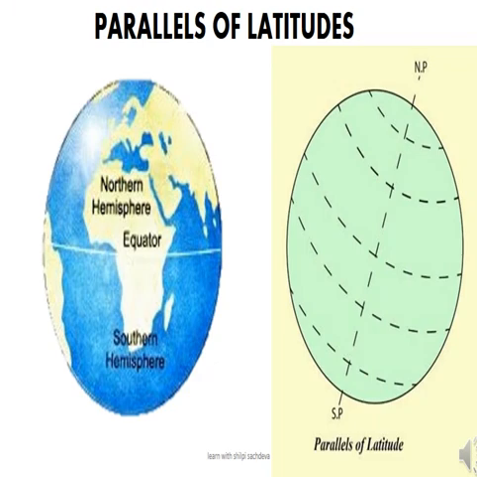The part of the Earth above the equator is northern hemisphere, and the part of the Earth below the equator is southern hemisphere. India lies in northern hemisphere, whereas Australia lies in the southern hemisphere.